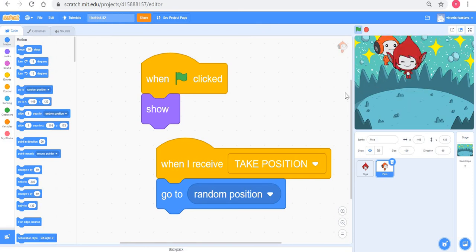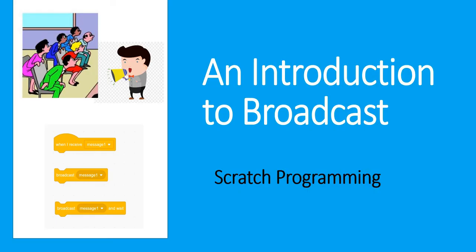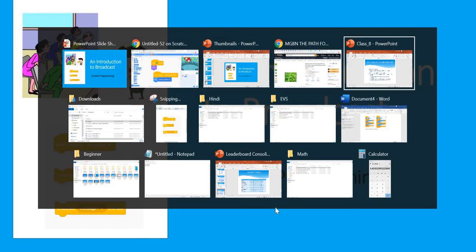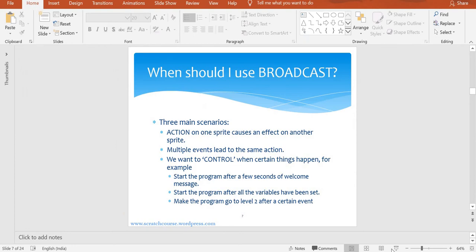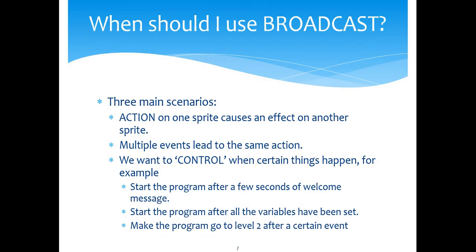Now, it turns out that broadcast is a very, very powerful feature, right? We will see more uses of broadcast, but I also tried to crystallize all the uses for broadcast, so let's just see this. As I told you, you will use broadcast a lot in your programs as we go along. You'll find uses for it very often, right? However, there are three particular scenarios where broadcast becomes particularly useful,